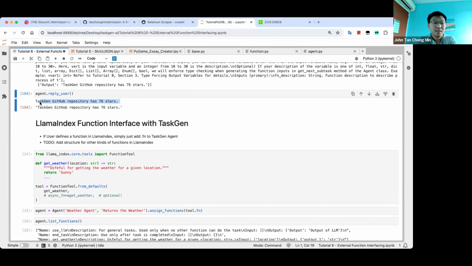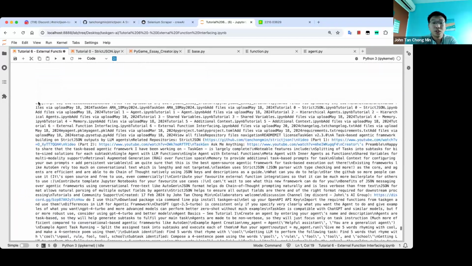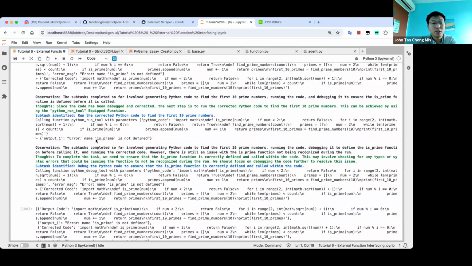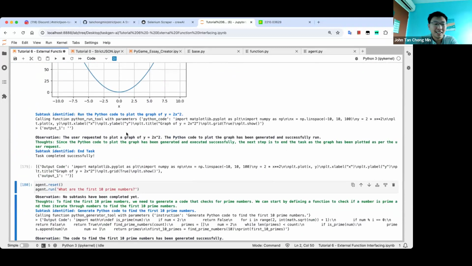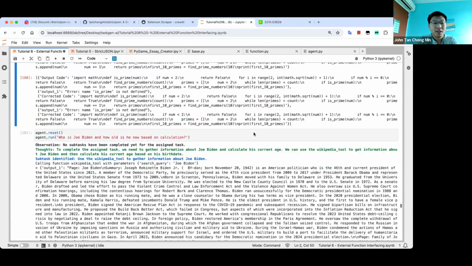There we go. All right, so that's more or less an illustration of how to do code generation, code debugging, and so on. The is prime issue, I'll try to figure out why. I guess it's something to do with the restrictions that I've placed. Previously, I didn't place so many restrictions. So I guess the more restrictions you put, the less flexibility you have with running your code. Okay,